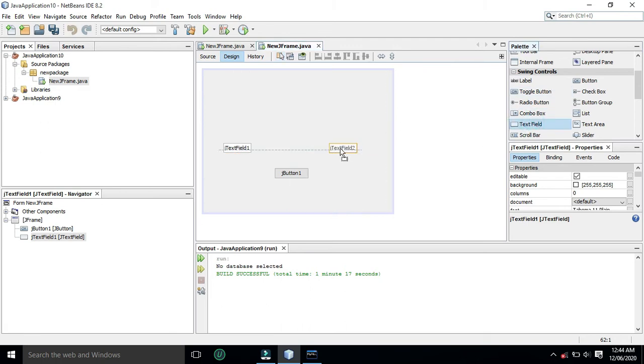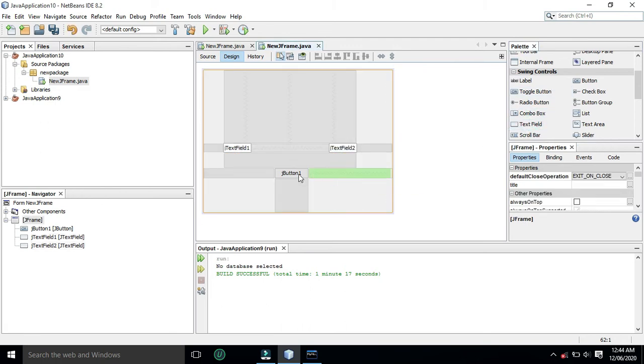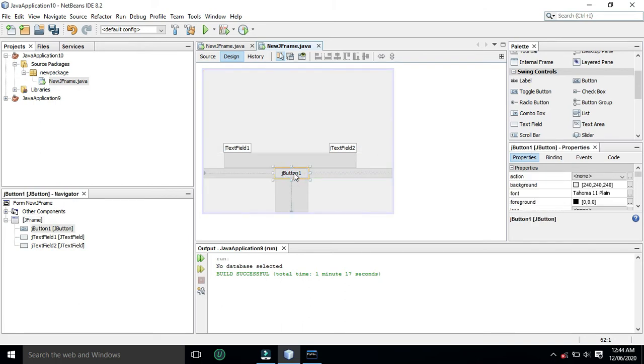Rename it. Submit. Fine. Now we have used two text boxes.